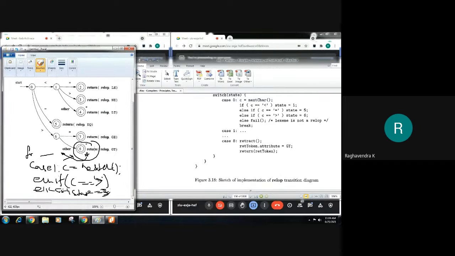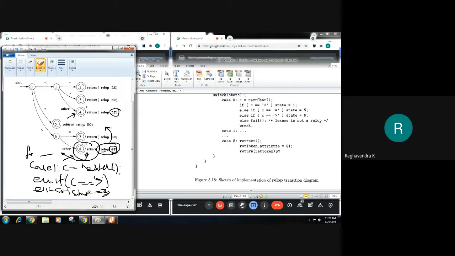Now we are supposed to return the token. So we will set the attribute of that particular token as GT. Suppose this is the state where I am trying to write this code, then I have to set the attribute value to LT. Once the attribute value is set, we will return these two values as the token, with the name of the token and the attribute of the token.